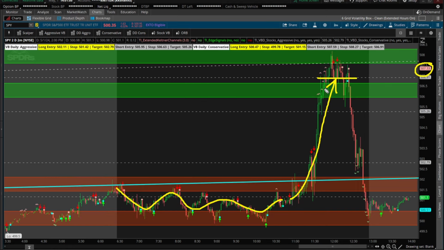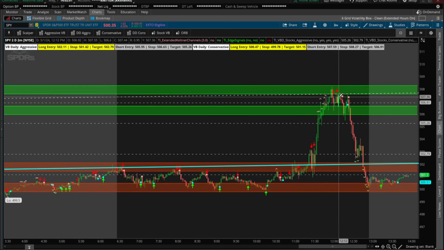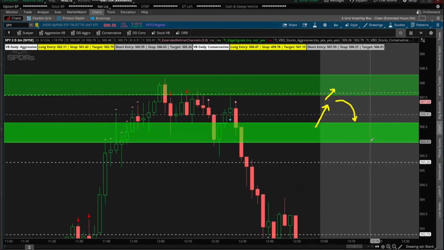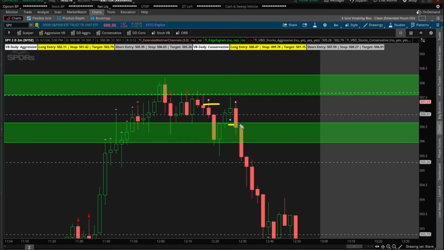Now after that 507 target, that happened to overlap perfectly with the upper end of our volatility box model, so the inverse of yesterday's setup. This time we were breaching the aggressive and then the conservative, but for a short side setup, and we even had that 1-2 punch setup with the momentum going back and forth set up nearly perfectly. This is the 3 EMA crossing below the 8, where we saw the sellers try to take over control, the buyers tried to defend, failed, and you can see the selling activity that happened after that momentum reversed